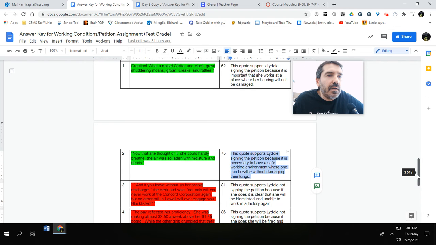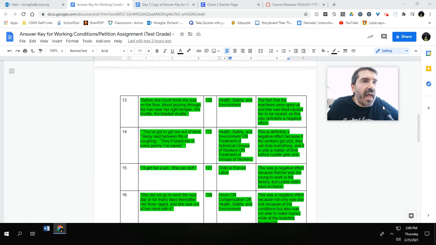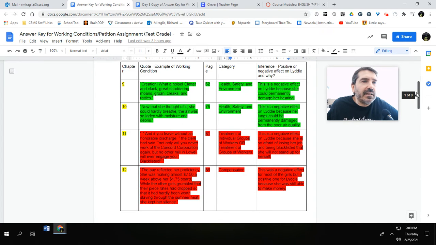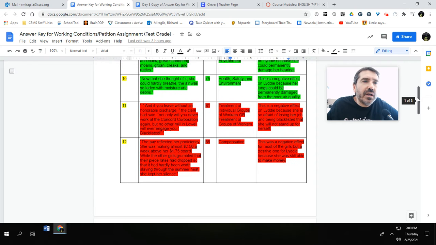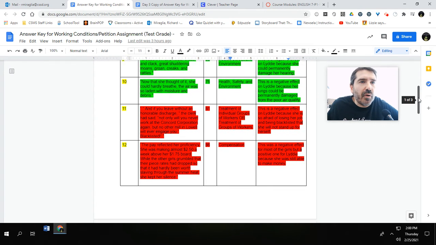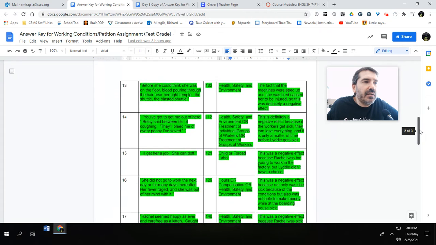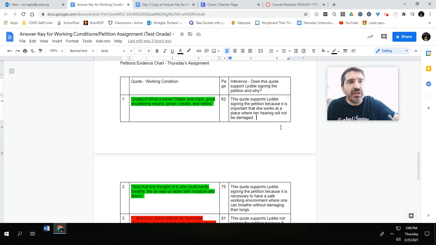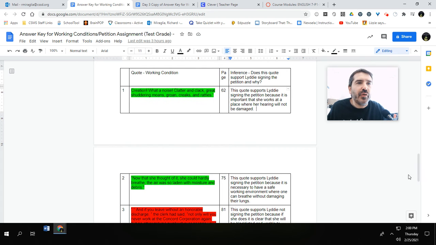assignment. Okay, at this point, you should have the first chart completed. Yesterday in class, I had you highlight green areas that are reasons why she should, or quotes that support why she should, and red for why she shouldn't. That was the first chart. The second chart was about the working condition, but in relationship to whether or not she should actually sign it. It was the inference. What you have on that chart is 2/3 of your quote sandwiches.